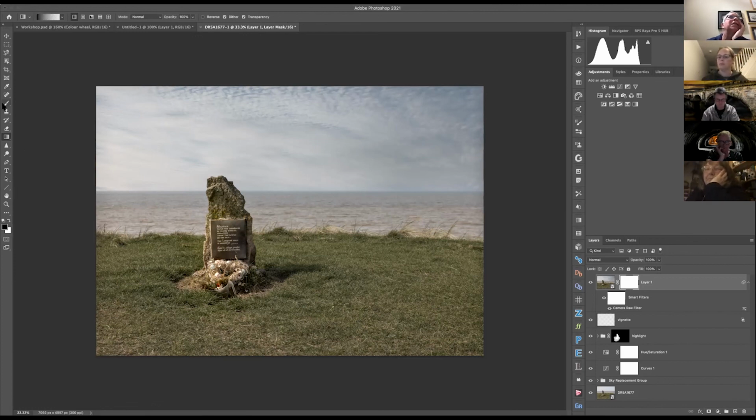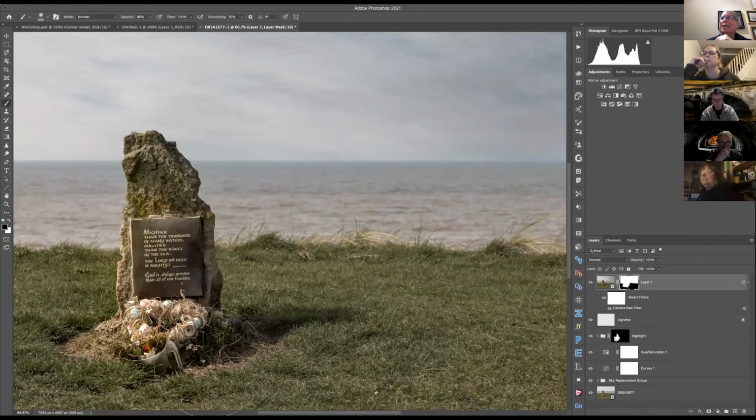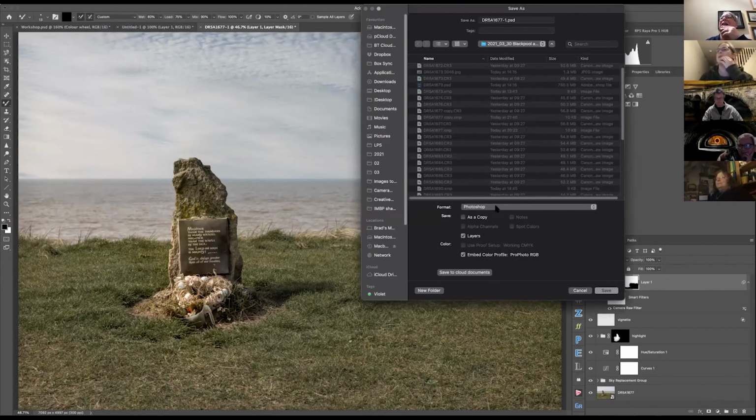I'm going to get a big black brush on 100%. I'm going to paint in around here. Whoops. I don't want it sharpened. I'm going to keep the edge sharpened. I don't want that. There we go. So now we've excluded this bit in the masking in Camera Raw. We've now excluded this bit, and so the only thing that's been sharpened, I've blacked out all that, but I've got my unsharpened image underneath. So now, in effect, all I'm really sharpening is the edge along here and this. You know, if you can see the difference there. So I'm going to save this now as a Photoshop